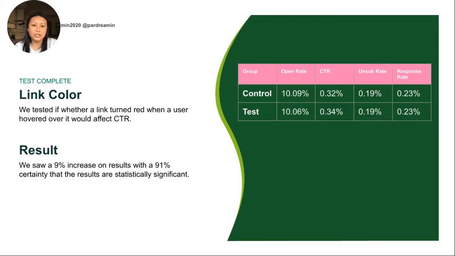And this test we actually ran just over our Giving Tuesday campaign, so just a couple of weeks ago. And again, we're still trying to figure out the sweet spot for click-throughs. So we did a hover test with link color. Basically, when you hold your mouse over a link, it would change the link from blue to red. So we saw a 9% increase on results with